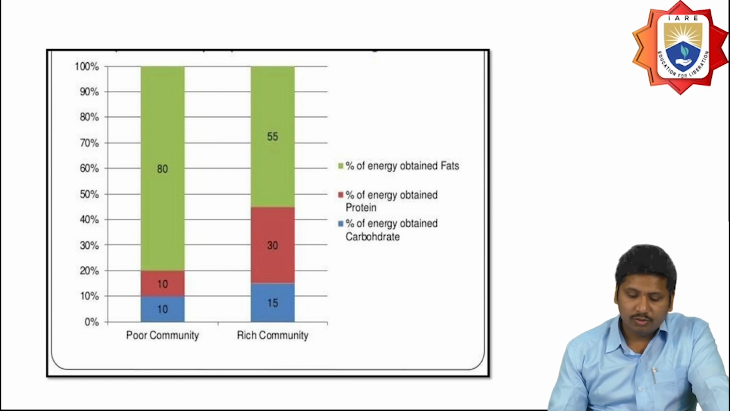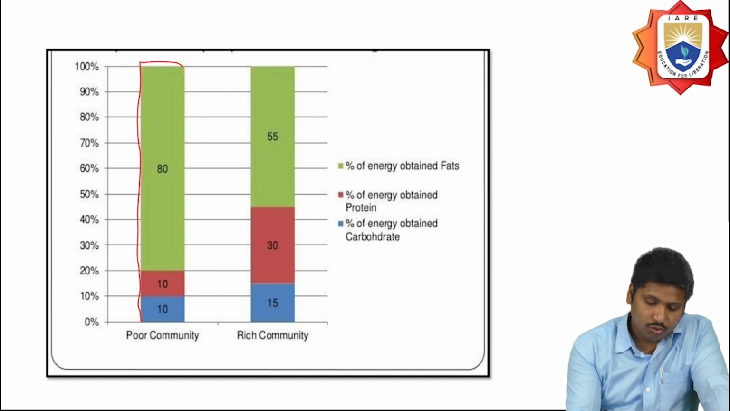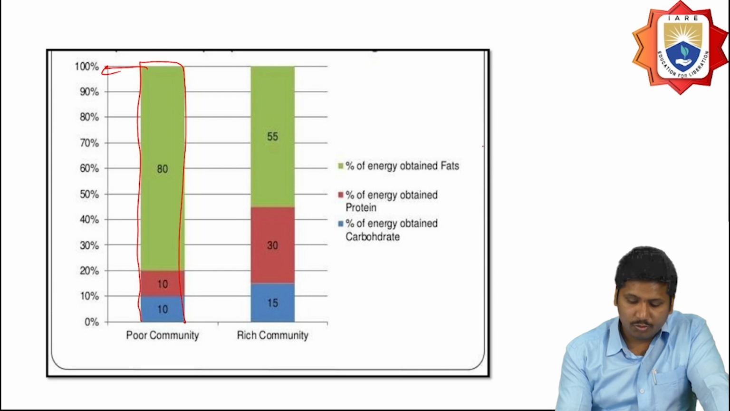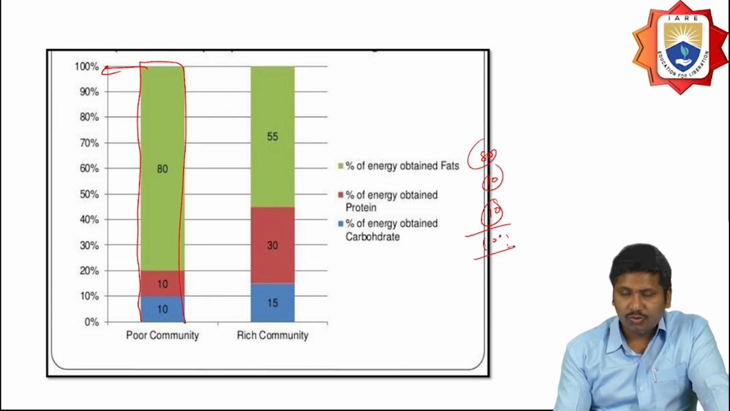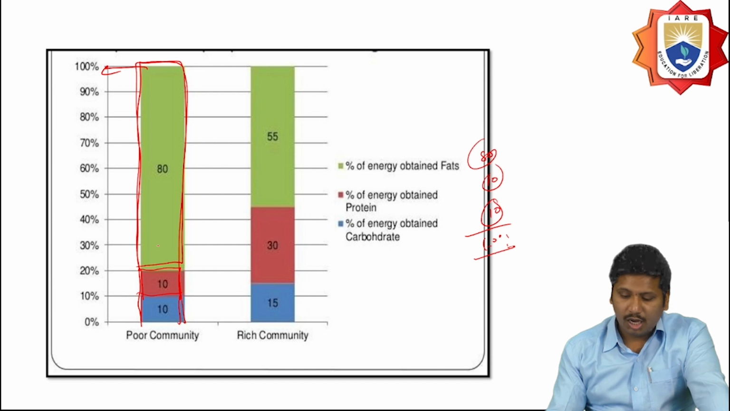So for that, similarly, I first have to draw this diagram to 100. I want to find the percentage of fats in the poor community. It should be 80, and then protein is 10, and carbohydrate is also 10. So the total should be 100. So this one I have to represent, right? So first write down 10, and another 10, and the next one is 80. Similarly I have to find out